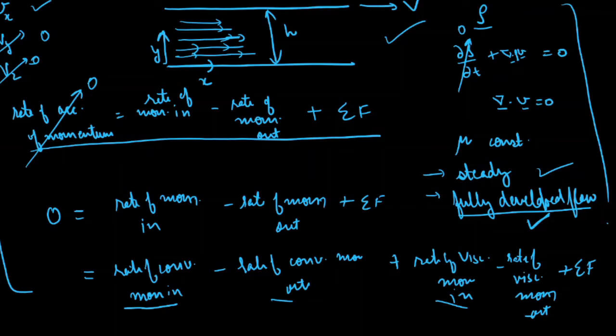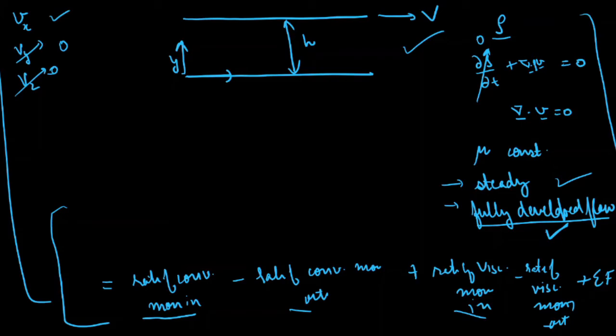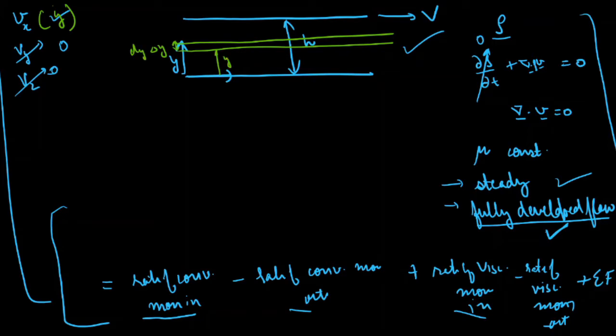Before I do that, we need to first define where we want to apply this equation. For that, first of all, I will need to choose my shell. I will choose my shell in the direction where velocity is changing, and we know that Vx is a function of y. So I will choose a shell in the y direction with a differential element delta y or dy, and this is between y and y plus delta y. So now this is my shell where I will apply this equation.